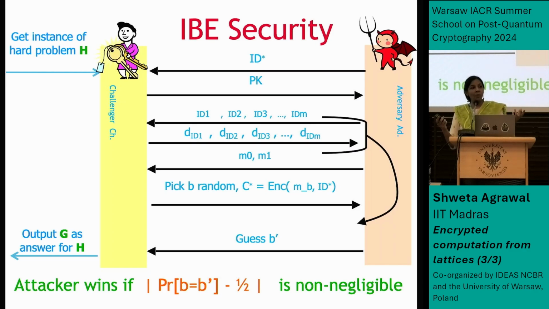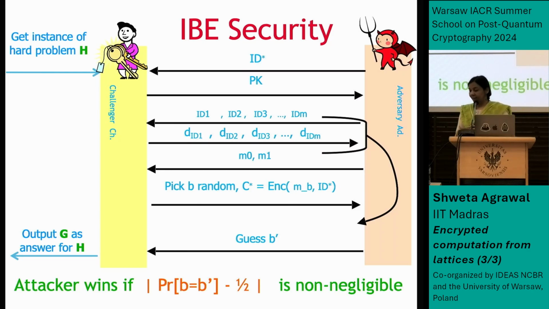One way in which we know how to do it is that if, before you even output your public key, you knew ID star, then you could somehow program information about ID star in your public key, which is what we'll do. We can program information about ID star in some funny way so that it will work to give you keys for other identities and still allow you to create the challenge ciphertext correctly. So the short answer is just that you'll use ID star in constructing the public parameters. Very good question. Any other questions?